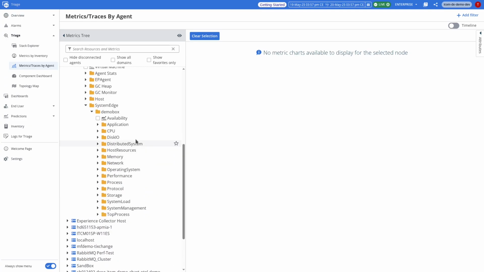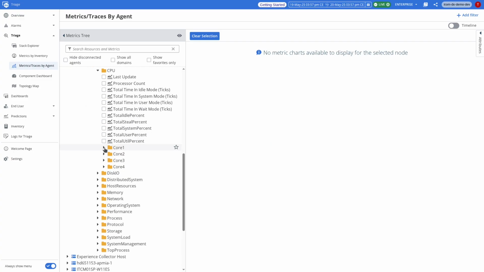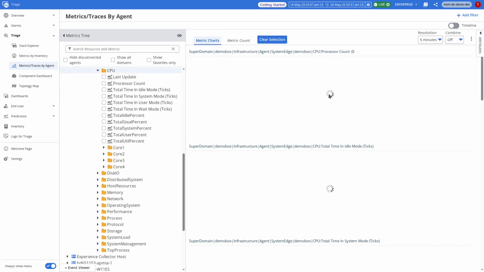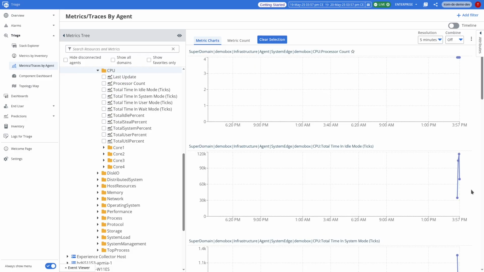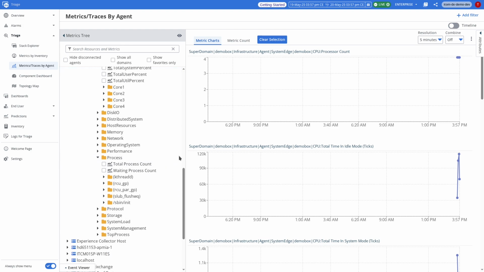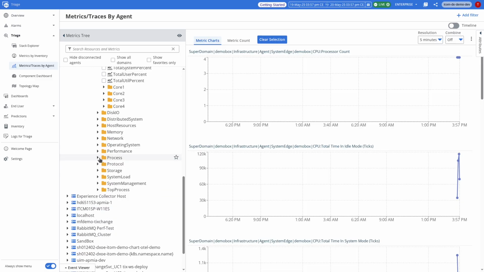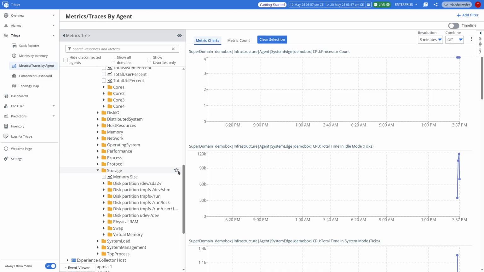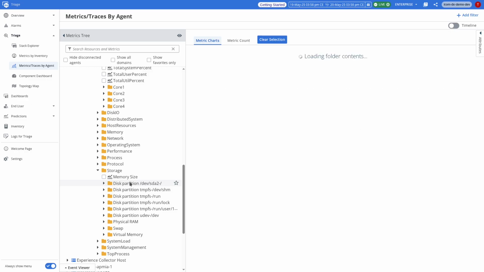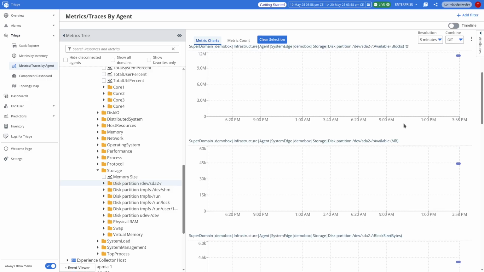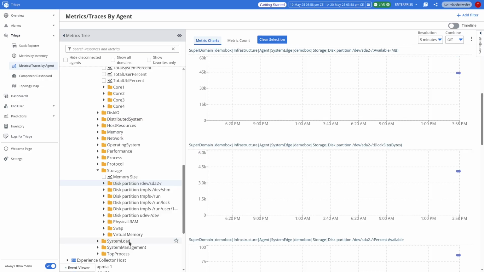So this is everything the system edge is going to collect about our agent. We see we have 4 CPU cores. We have the metrics being sent over. They are showing up, as we can see on the right. We have some processes running, not many, because this is an empty system for demo purposes. Storage information, partition, stable. The system load